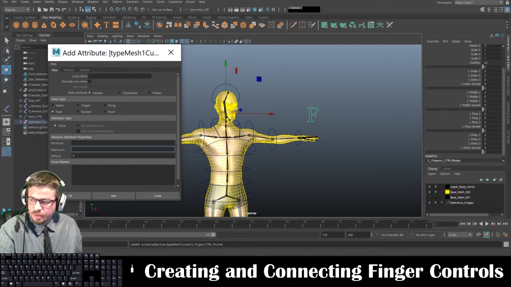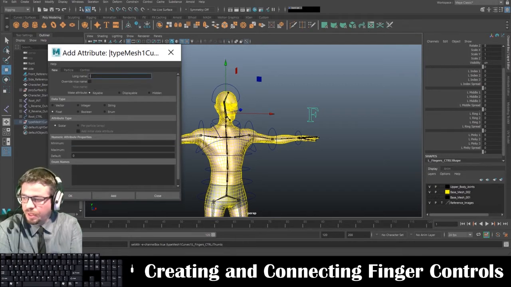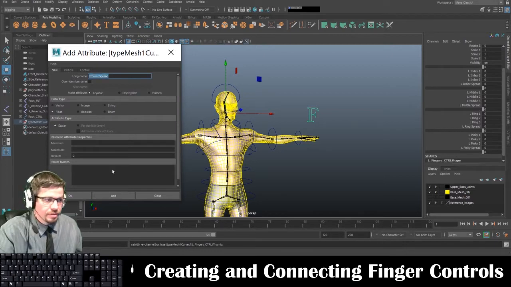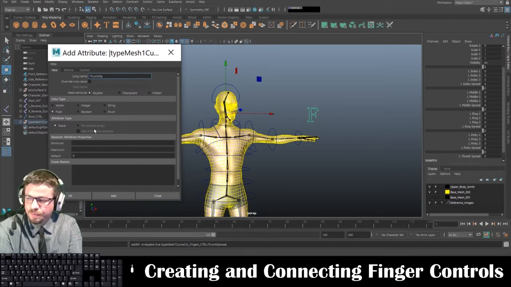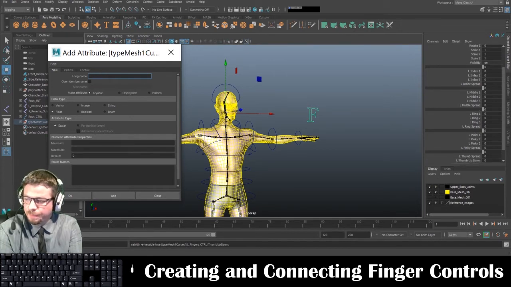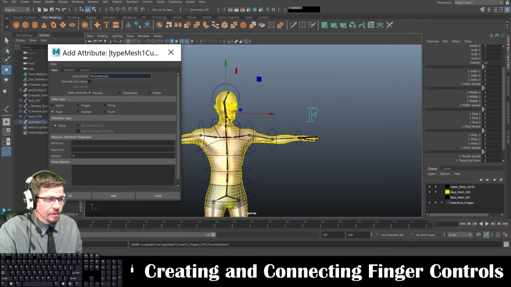And then we're going to go through and do L thumb spread, add, L thumb up, down, add,